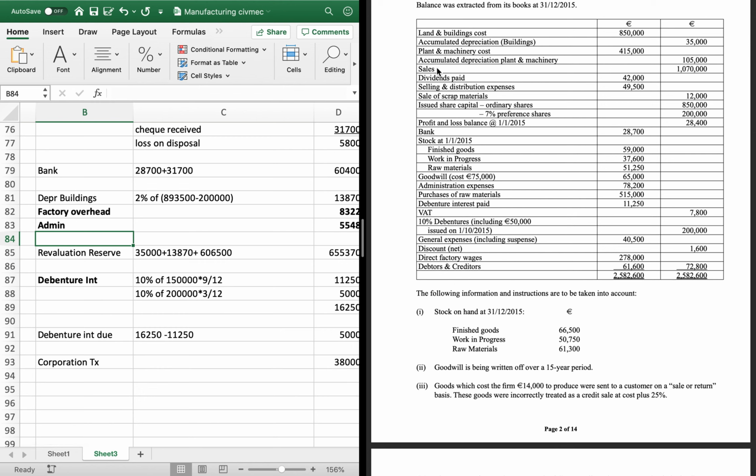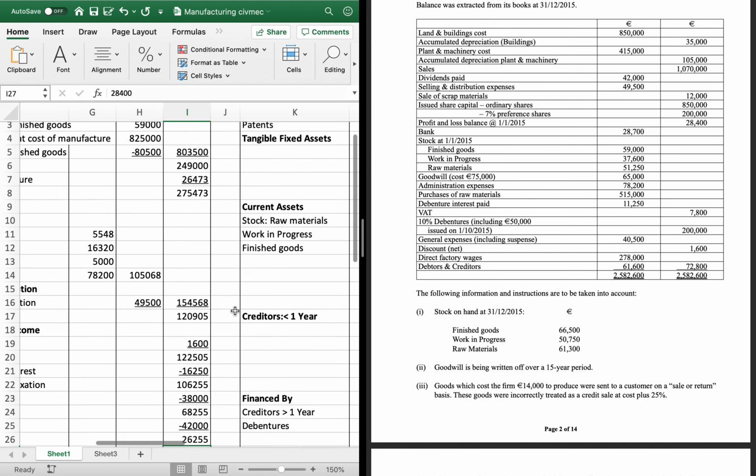So you've dividends paid is in. Your selling is in. Sale of scrap materials is in. Your 3 opening stocks are in. Your admin is in. The debenture interest we've done. Discount is in. Direct factory wages is in. So we've got pretty much everything we should have in at this stage, and we're off to do our balance